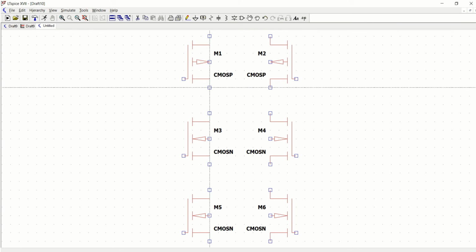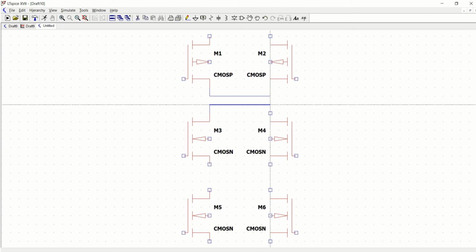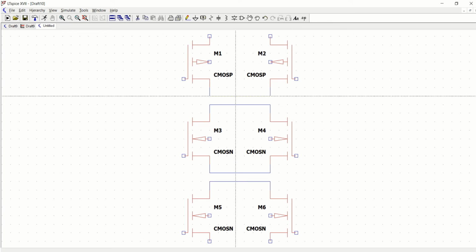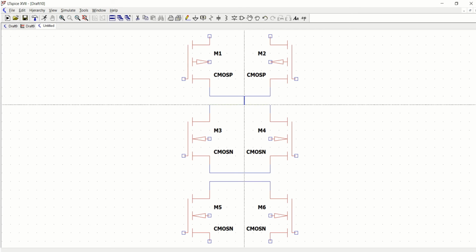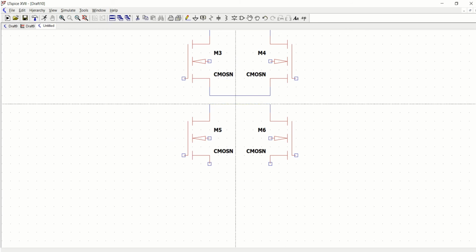So connect these transistors also to be connected. So directly I am going to connect this pull up with the pull down. So these two act as the pull down.